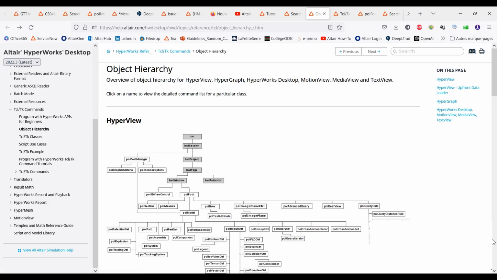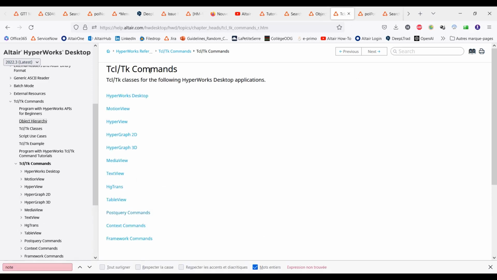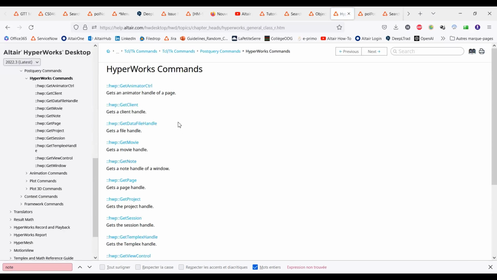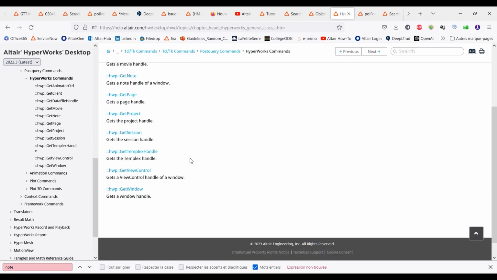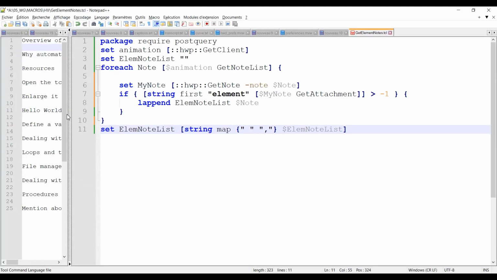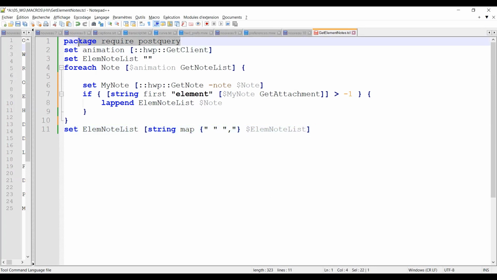What I did was to go instead to some commands which are available still in the online help, which are called postquery commands, and which provide some shortcuts in order to get access to information such as get nodes or the get client for getting the client. So looking at the code, I get the following code, which is first you need to initialize the postquery package. Then you can define the animation handle as a TCL variable with this instruction, which is coming from the online help